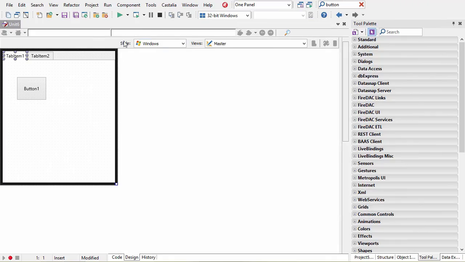So this bar here is the new MultiDevice Designer view bar, and so we can change what style we're on. We're on the master view. We can change what style this is. So we say what it would look like on OS 10 versus iOS versus Android. So right off the bat, notice that the toolbar or the tab bar position or the tab control position changes